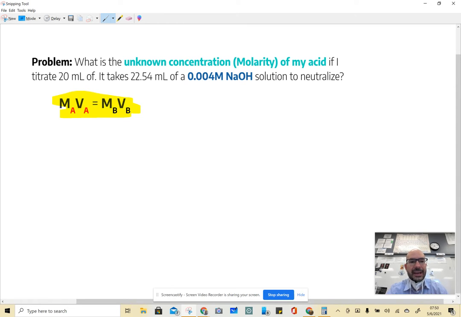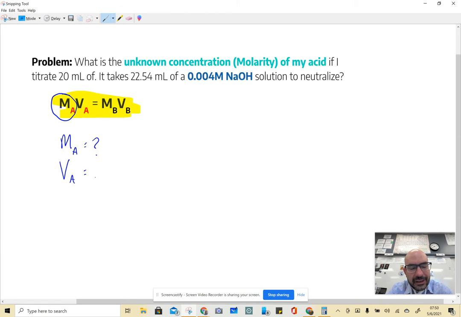So this is asking what is the unknown concentration of my acid. So we're looking for the molarity of my acid. If I titrate 20 milliliters of it, it takes 22.54 milliliters of 0.04 molar sodium hydroxide to neutralize it. So my molarity of my acid is unknown. My volume of my acid